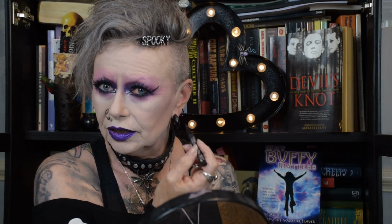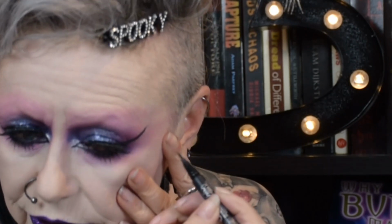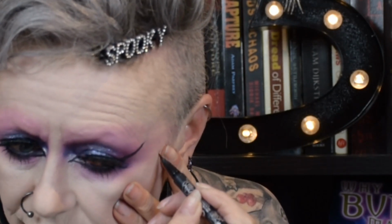So what we're going to do then, I'm going to use my magnifying mirror because I think that's the best way to go with this. Give it a good shake, make sure all the ink is moving to the end. And we're going to do one, where should we do it? Where will it be easiest for you to see? I'll probably do it here, and then you can see it very easily. Because I'm old, I've got wrinkly skin, I've got to spread it out, but you probably won't have to do this. So I spread it out, do a V,